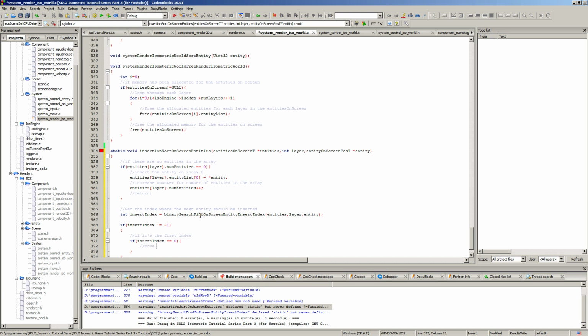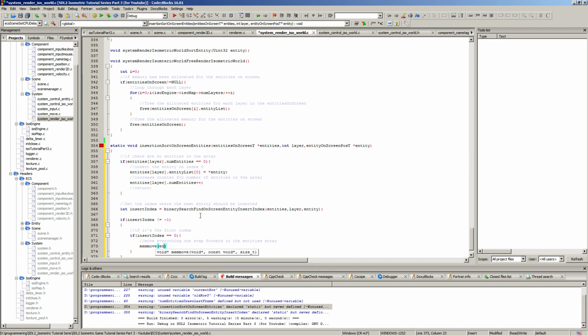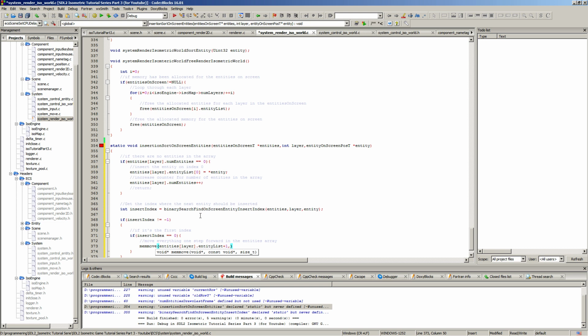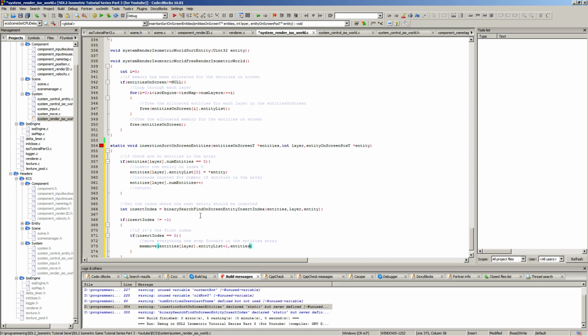We're going to move everything one step forward in the entities, right? Move. Entities, we will get the layer, and this list plus 1, and we will get the entities layer dot entity list plus the insert index plus 1, and it's going to be size of